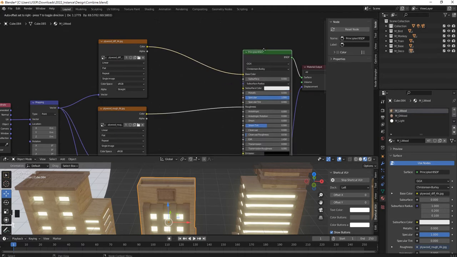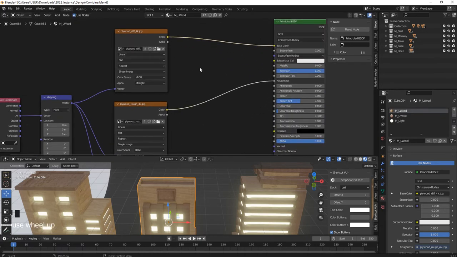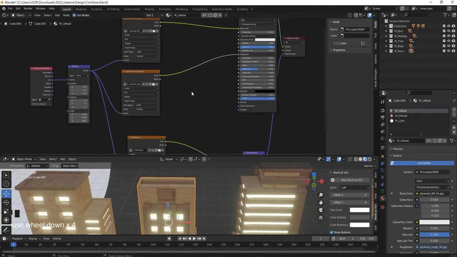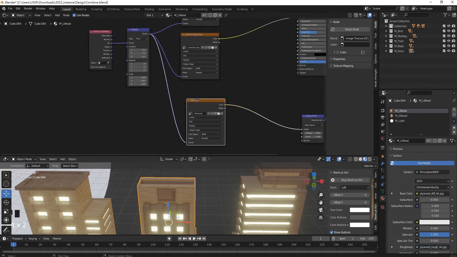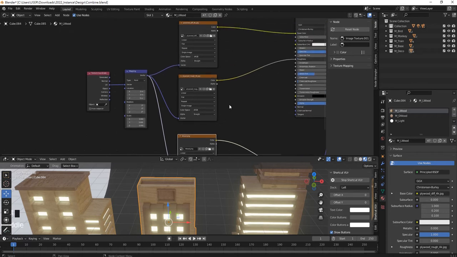So the first thing I want to do is that we don't need to use the polywood rough texture to control the roughness. We can just control the roughness manually. If you want a glowing or shiny surface, we can do that by ourselves. So first thing is delete this one,